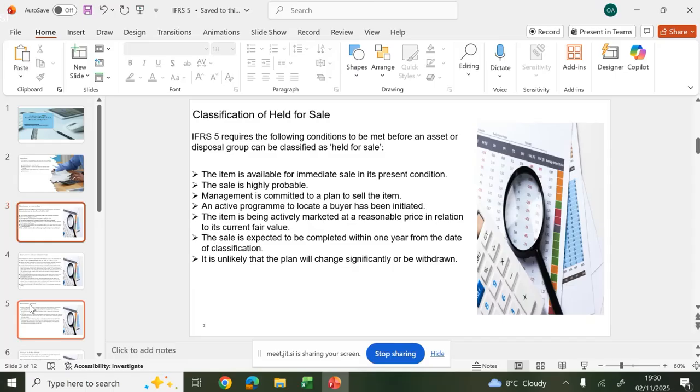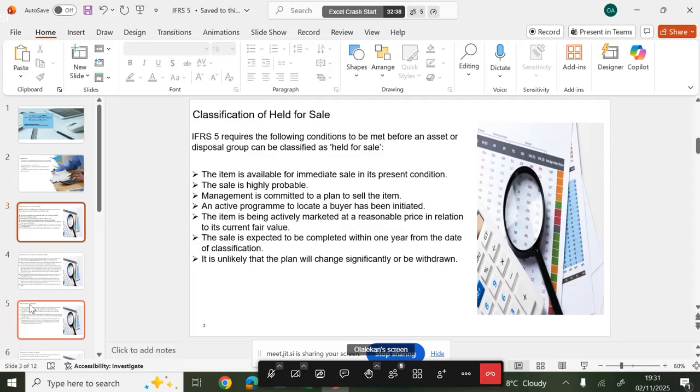Number three is that the entity's management is committed to a plan to sell. That means you must be willing to sell. The next one is that an active program to locate a buyer has been initiated. That means there must be a marketing strategy in place to make sure people buy the asset. The next one is that the item is being actively marketed at a reasonable price in relation to the current fair value. That means the price at which we want to sell the asset must be reasonable. We can't just want to sell something worth